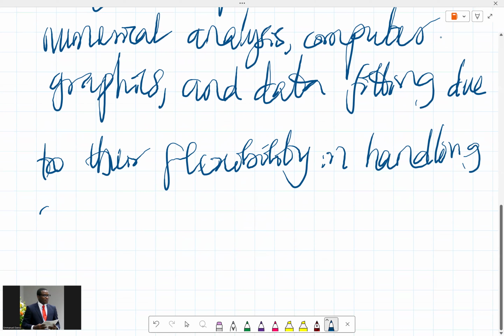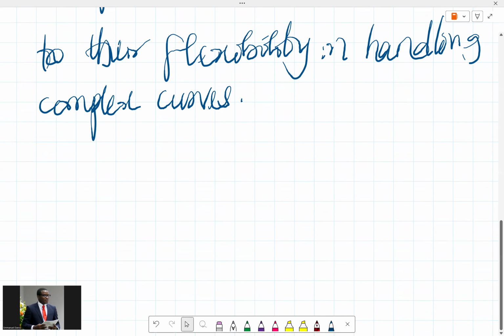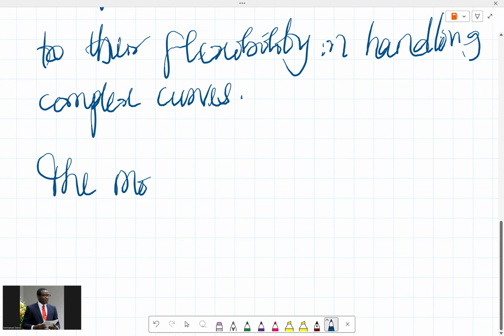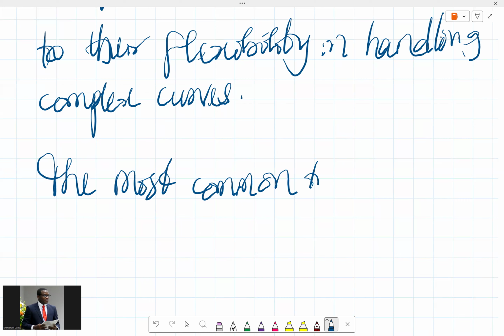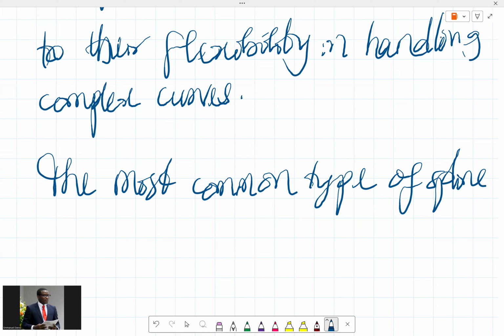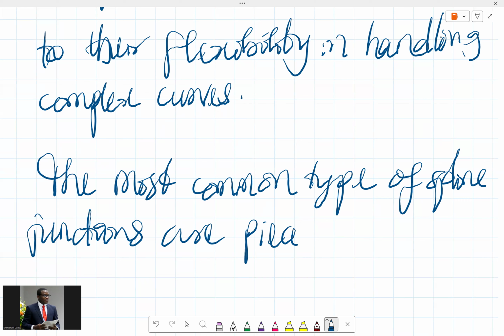The most common type of spline functions are piecewise polynomials